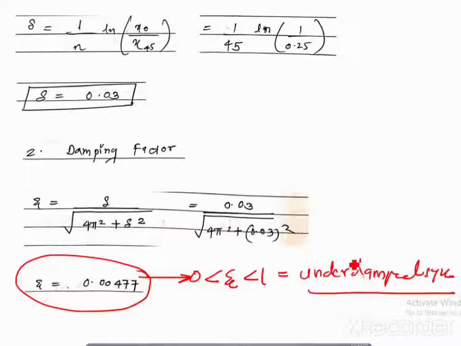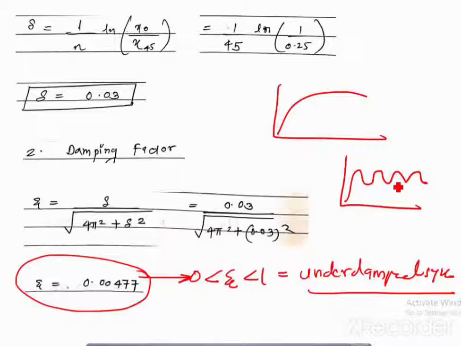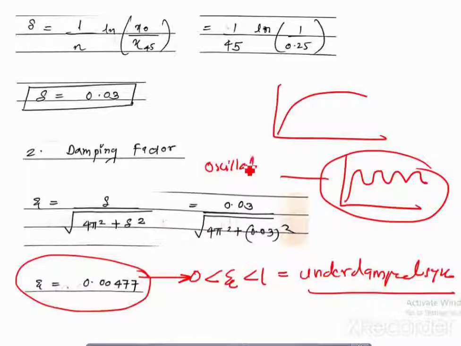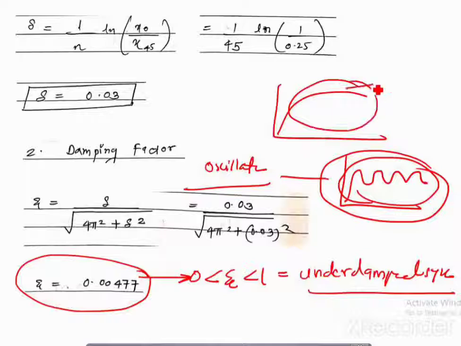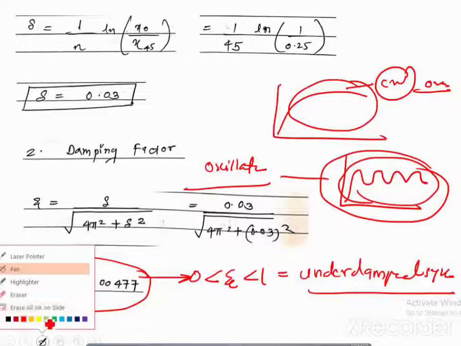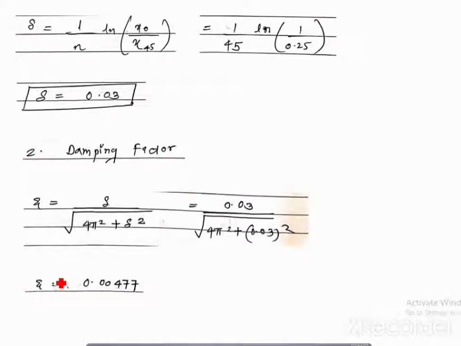Now when the system is underdamped, they have asked to identify the nature of the response. Now you know that the nature of the response is of two types, either exponential or oscillatory. Watch earlier videos to understand this concept. For an underdamped system the nature of the response is oscillatory. Remember this, because there will be oscillations in the transient response. This is a transient response. And you will get exponential for the critically damped and overdamped systems. I hope this problem number 2 is also clear to you.